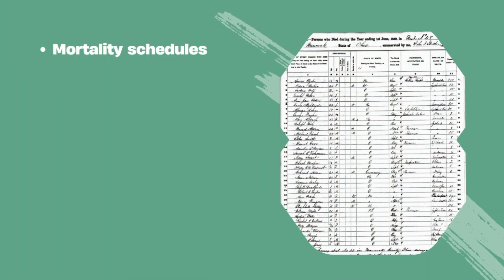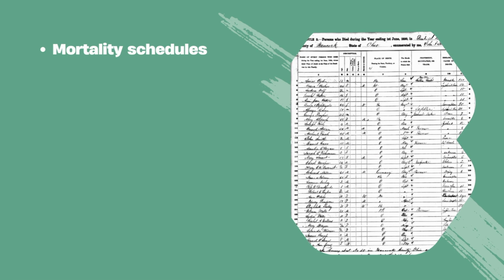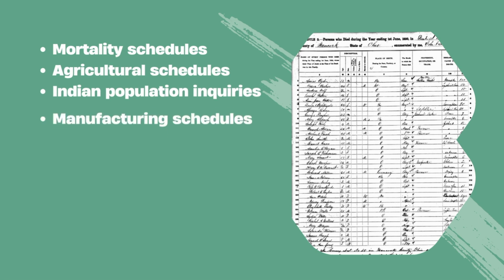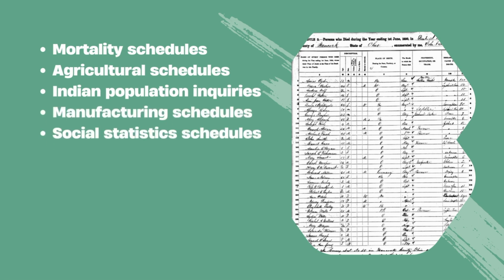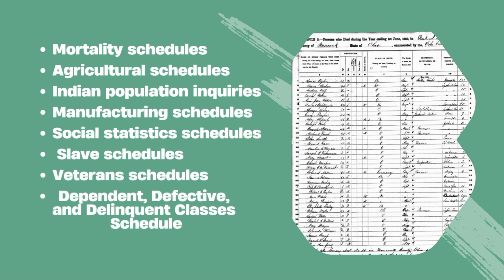In fact, there are actually 8 non-population schedules that were created as additions to select censuses. So, aside from the mortality schedule, there are agricultural schedules, Indian population inquiries, manufacturing schedules, social statistics schedules, slave schedules, veteran schedules, and the dependent, defective, and delinquent classes schedule, commonly referred to as the DDD. I will be creating videos for these other 7 schedules, but for today, we are focusing strictly on the mortality